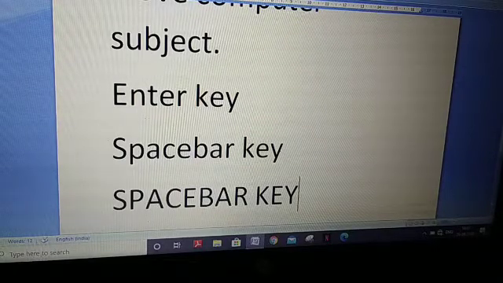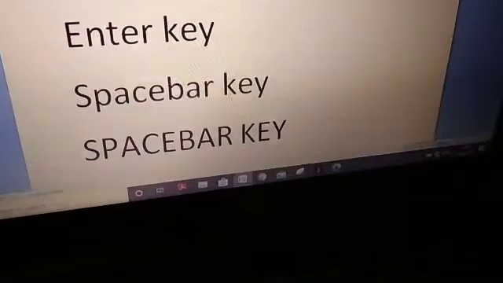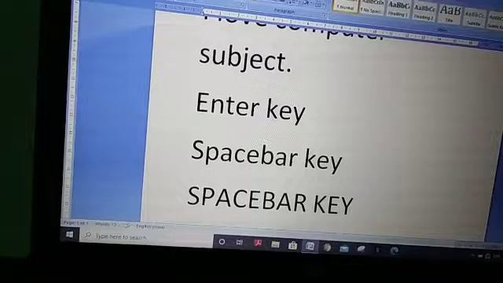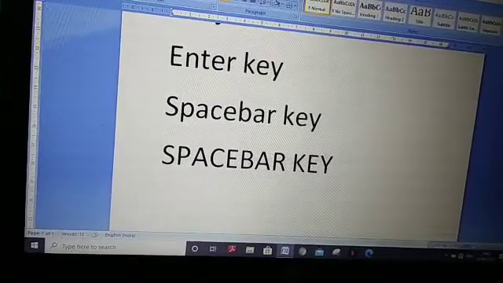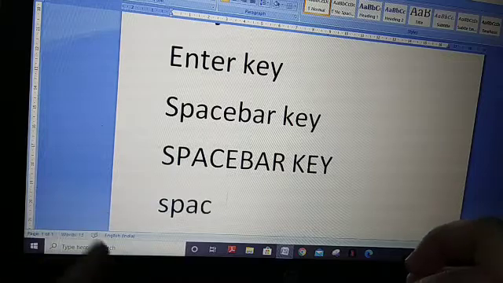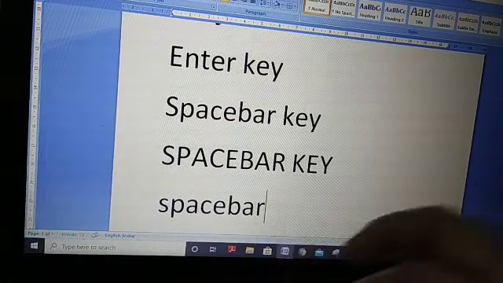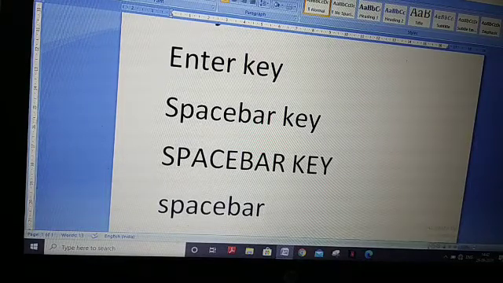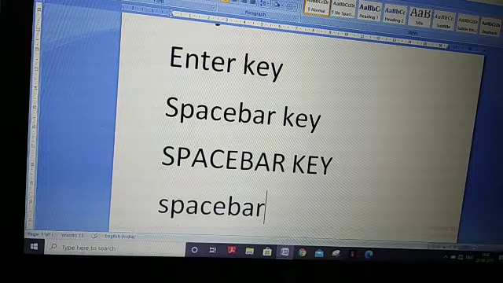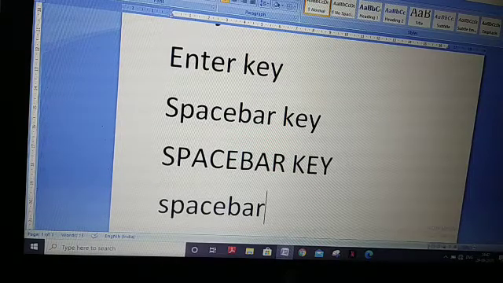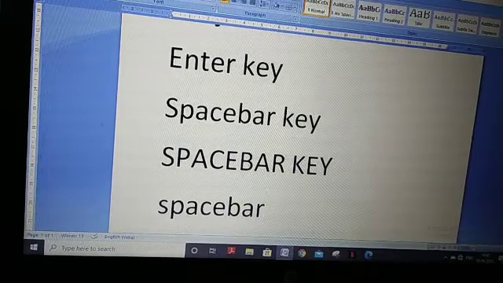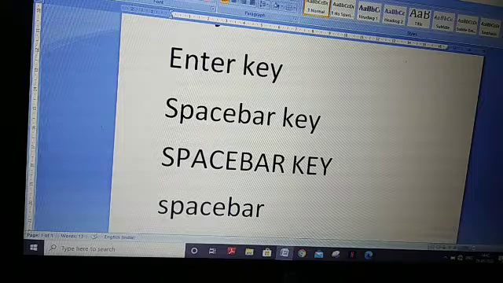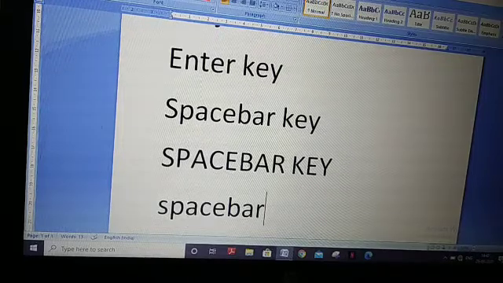And when you press the caps lock key again, caps lock will be off. Now my caps lock is off. This time when I type again, see, how are the letters coming? In short form. Letters are appearing in small form. So the caps lock key is used to type in capital letters. I hope you understood about the caps lock key.